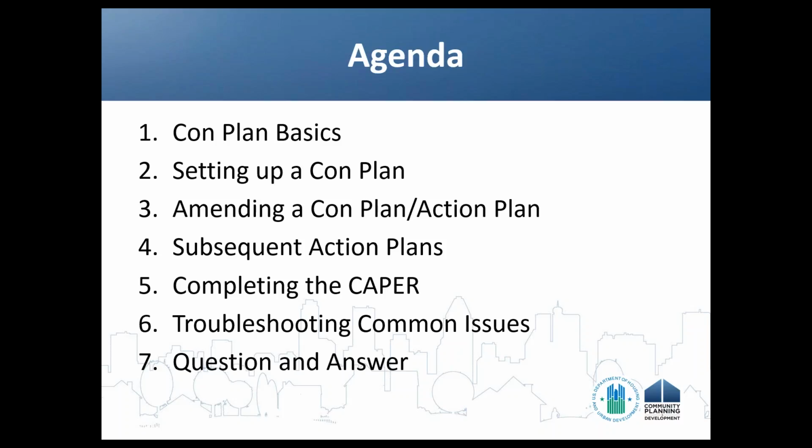We'll then go through a couple of examples of how to amend your consolidated plan or action plan, and we'll look at that from both the perspective of the lead grantee and the participating grantee. We'll then do a quick demonstration for those of you who have submitted a plan in 2015 or in 2014 or 2013 of how to go through and do your subsequent year action plans, those year 2 to 5 action plans.